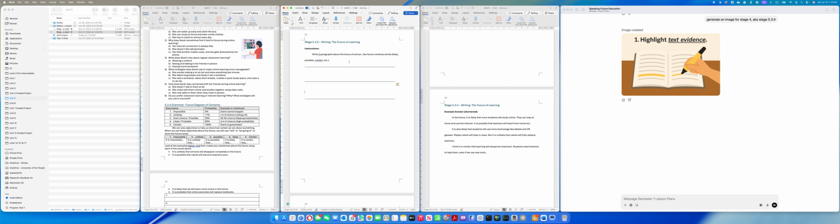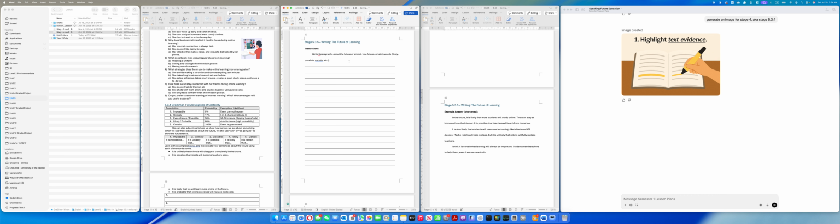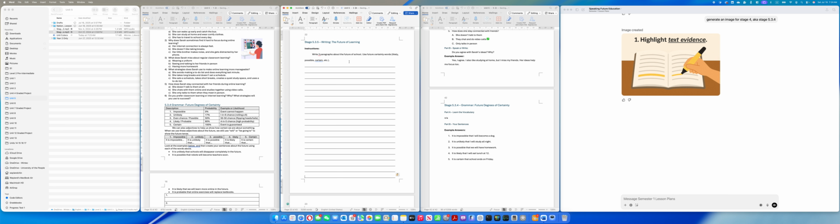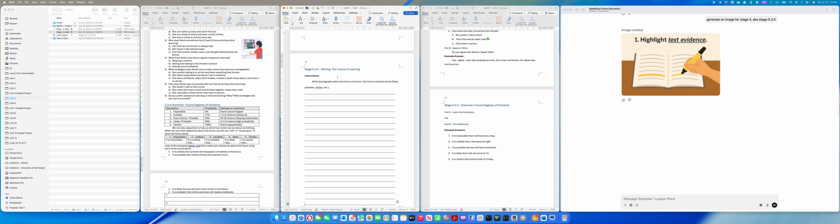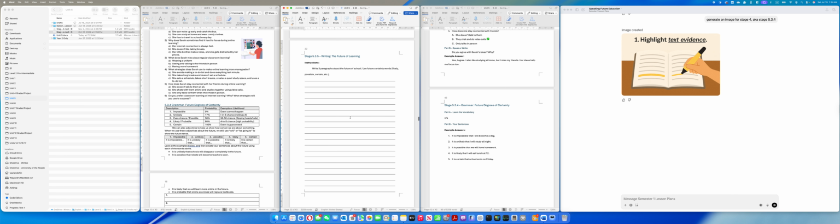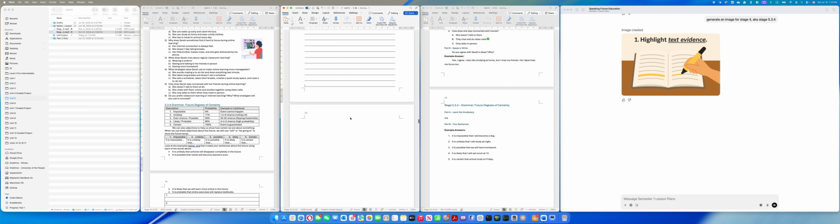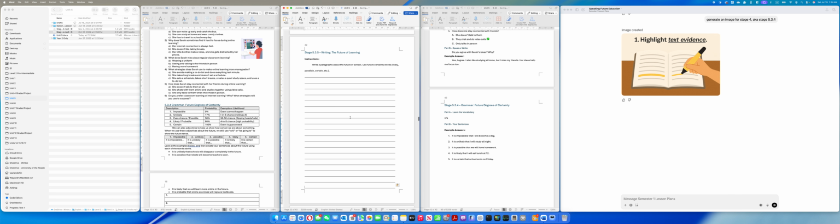What the hell? Let's give them the whole page. Okay, so they're gonna write 3 paragraphs. Okay, so I think stage 5 does not need a picture. All right, and meanwhile,